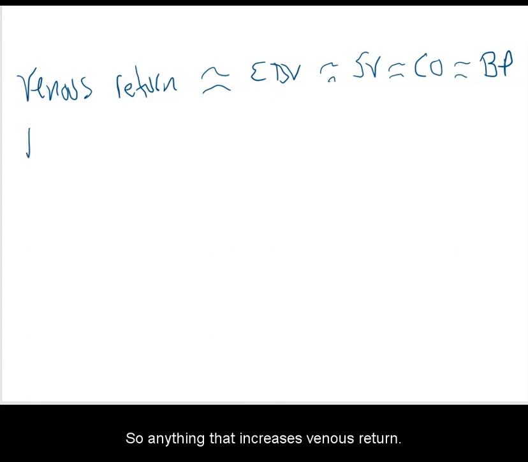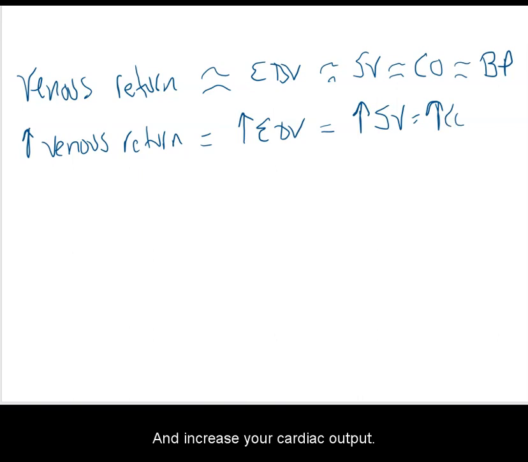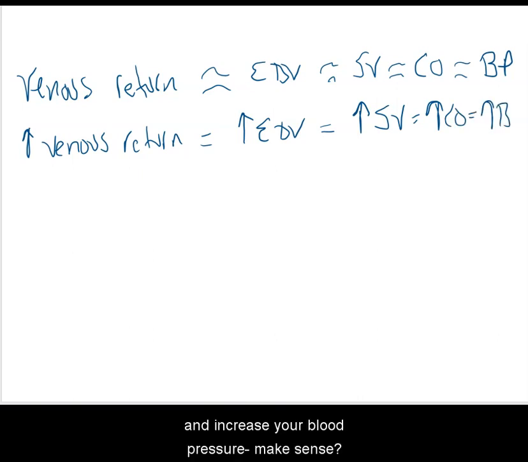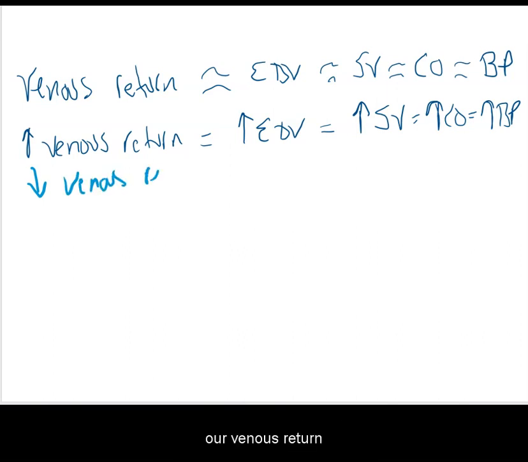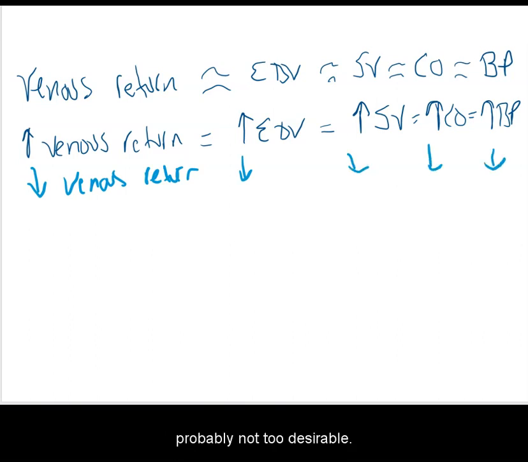So anything that increases venous return will then increase your EDV, which will increase your stroke volume and increase your cardiac output and increase your blood pressure. Make sense? And the opposite is true though, right? So if anything should drop our venous return, then every one of these values decreases,